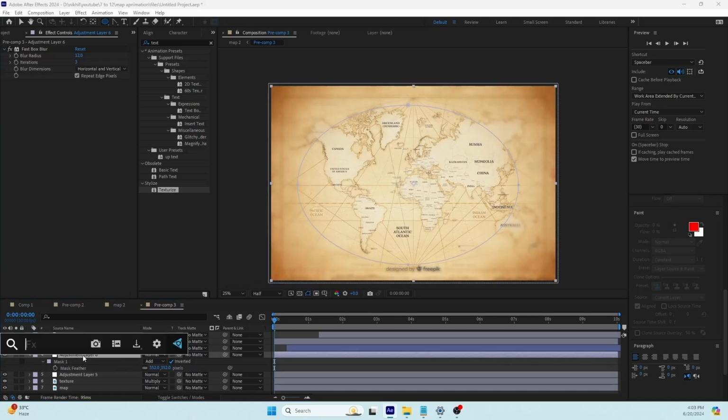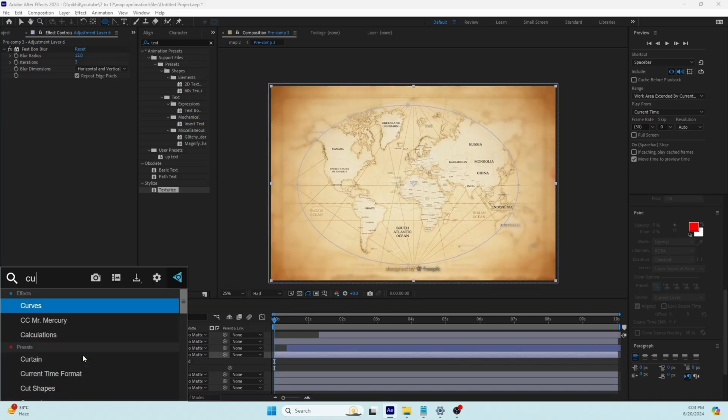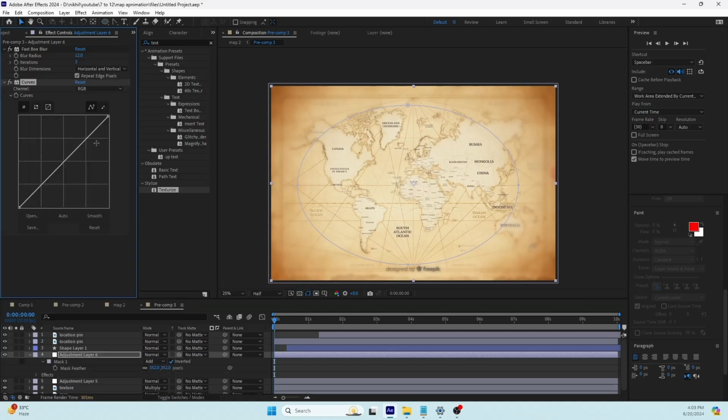Also, we can make those things a little bit darker by applying a curves effect. Don't worry, whatever things we do, it is limited to the mask. It doesn't appear outside of the mask. So now when we see this,